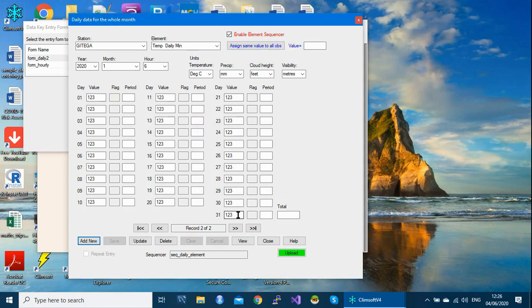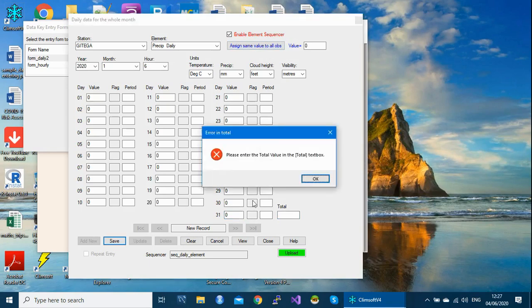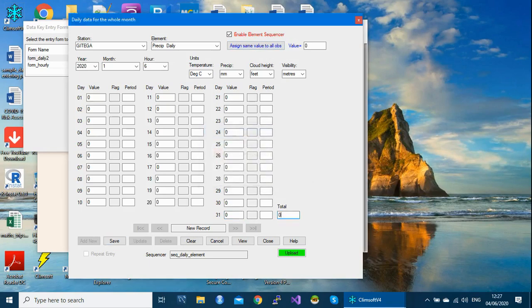Now the next element on my list is precipitation. So I set maximum, minimum, and then precipitation. Then if I click add new, precipitation will come. Let's say it was 0 throughout the month. But for this one I want to check total. It will check total. Very important.